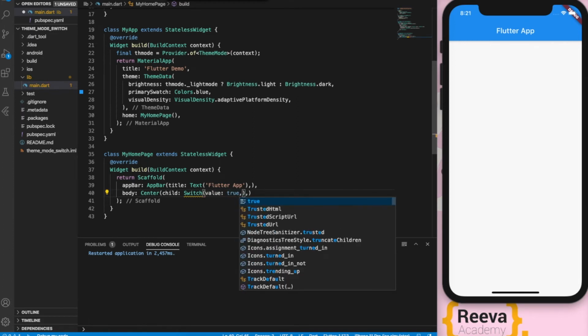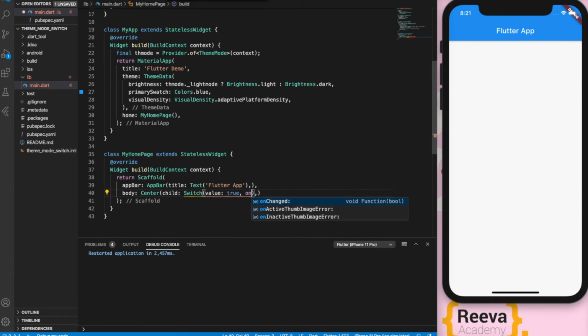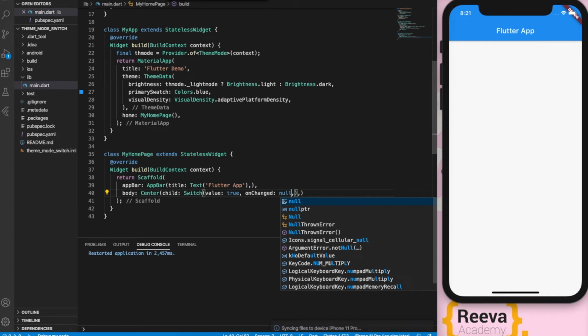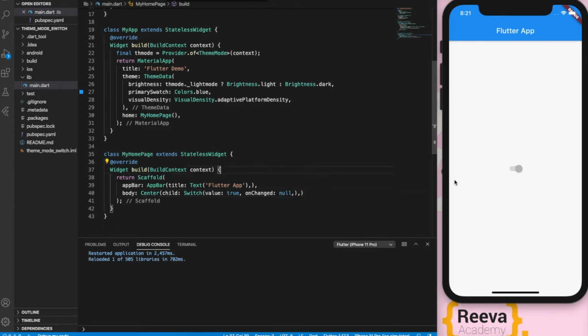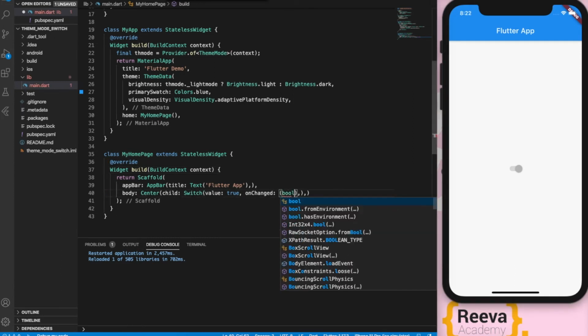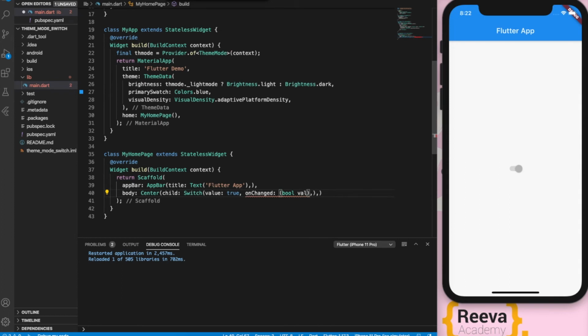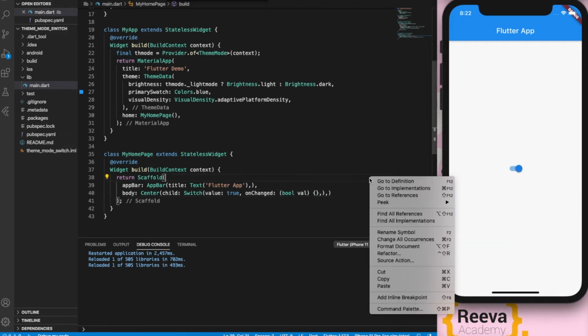Let me put true by default over here, and the onChanged method null. When I save and hot reload, you can see that this is disabled because the method is null. So let me add bool val. This onChanged method will take this parameter, so by default it is true. Let me format the document so that it is properly visible.